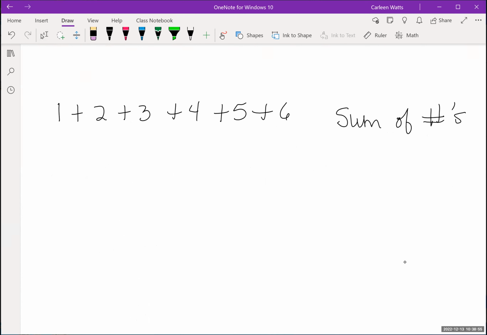So if I'm adding the numbers 1 through 6, that's easy. I can just add them. But look at this. What do you notice? What's 6 plus 1? 7. 2 plus 5. 7. 3 plus 4. 7. Okay. This is the rainbow method. I believe it is Gauss's formula. Okay. So you take